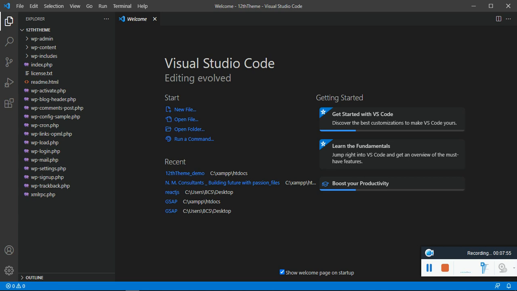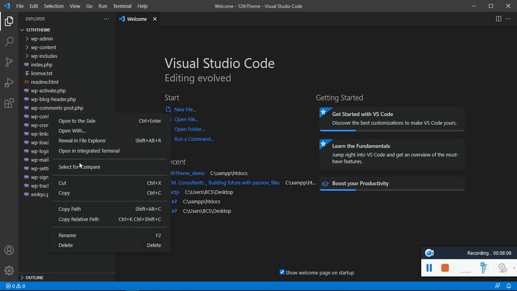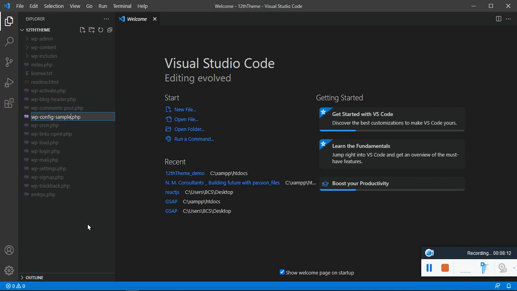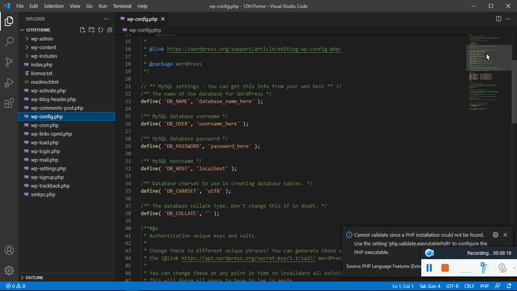Let me give the credential access to this folder so that we can access phpMyAdmin using this folder. How are we going to do that? If you see, there is a file called wp-config. Let me rename it first and give it the name wp-config. If you click here, it asks for the credentials. Here we are going to pass the database name. We have created this database, and by default the username is going to be root, and the password is going to be nothing for XAMPP.